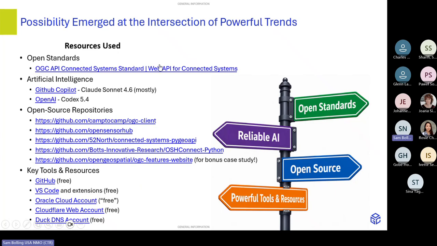But just a quick note, before I move off the slide, you can see that the open standard that was available for me to use and do this experiment with was the API Connected System Standard from OGC. The two different AI products I used were GitHub Copilot, mostly Claude Sonnet 4.6. Anything before that